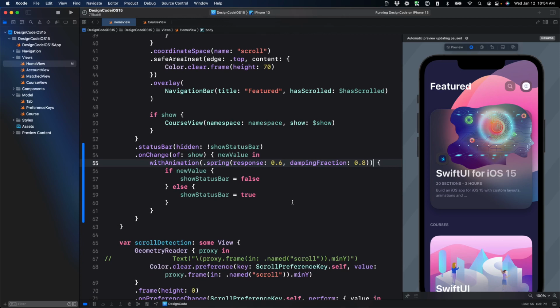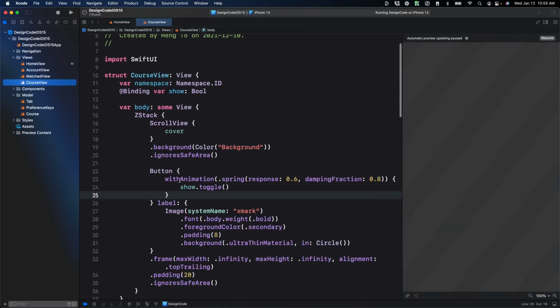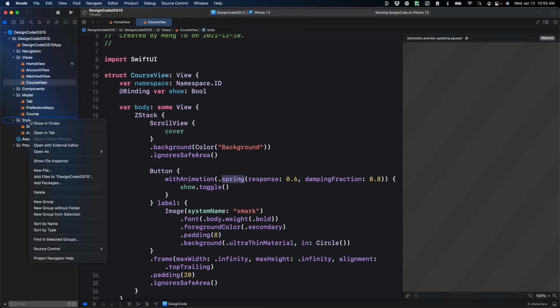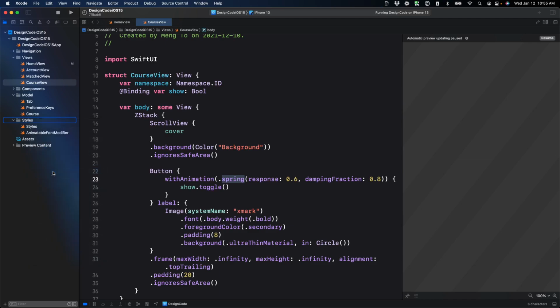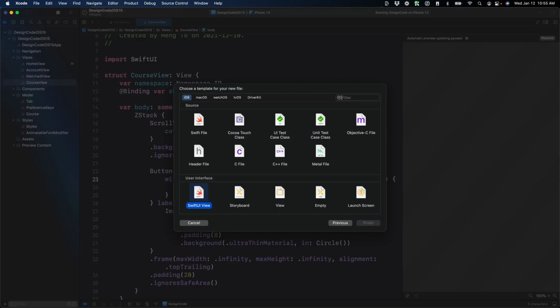Now a better technique is to create some preset animations so that we don't have to rewrite these spring animation values every single time. And we have it in 3 places, such as for the course view as well. When we press on the close button, it also calls the spring animation timing. As a result, we're going to create a new file in Styles, and we're going to call that, using a SwiftUI view,